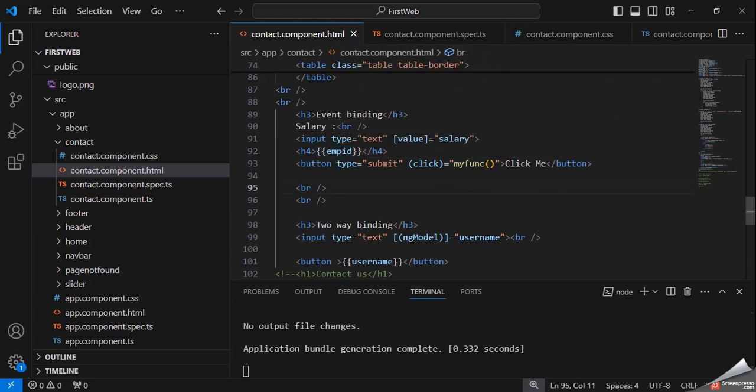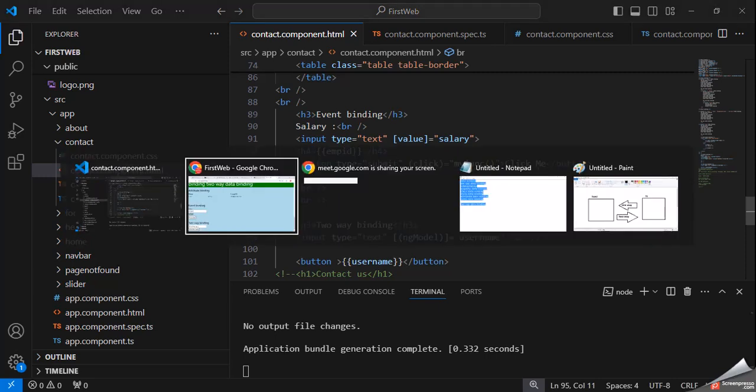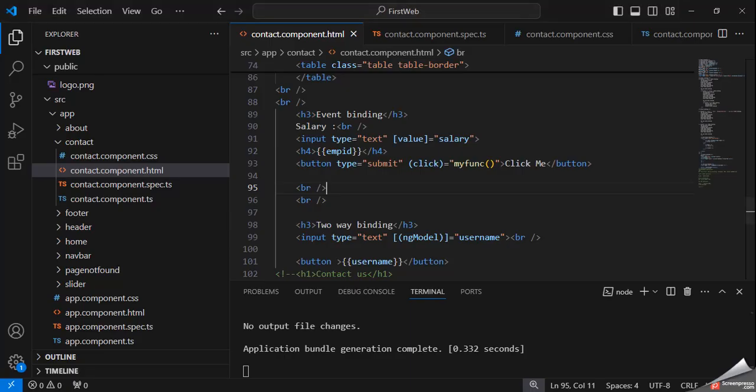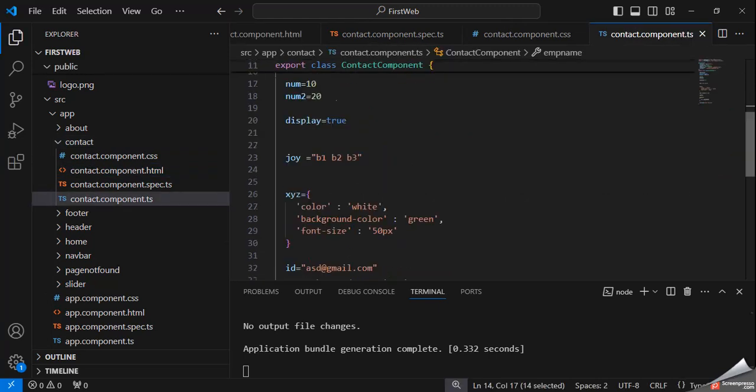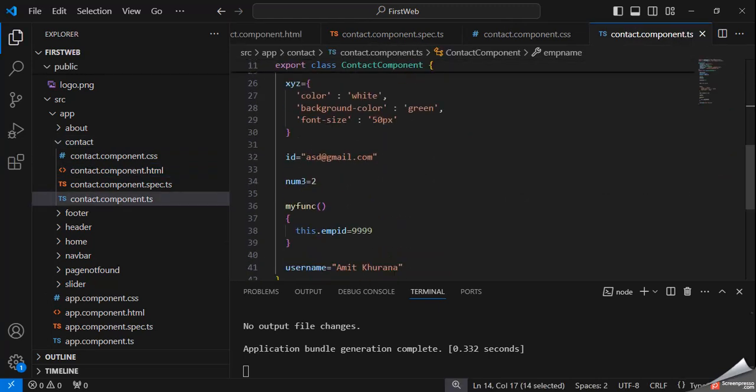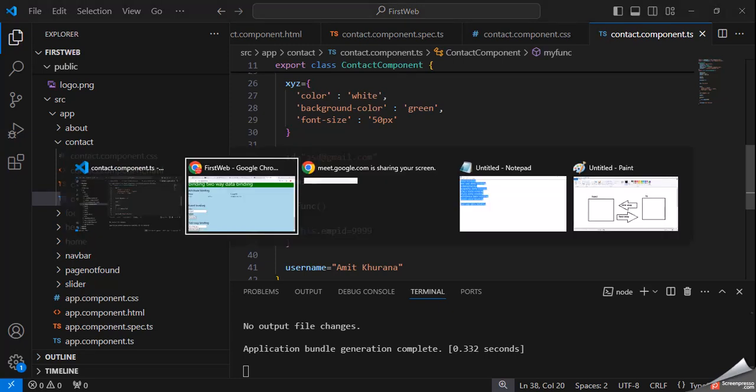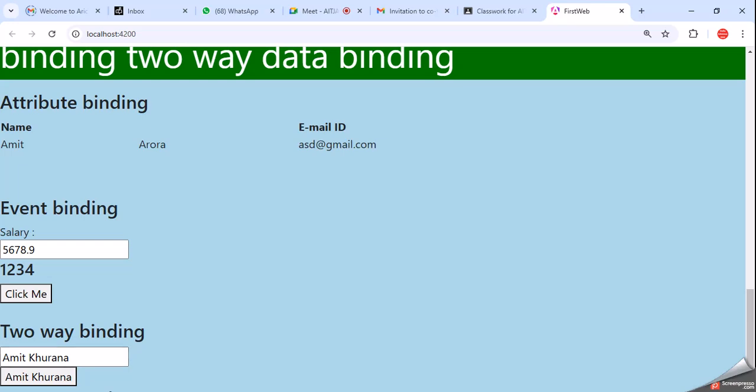And suppose you want to change the value of salary. So here I declare a function, and we want to change it. So this dot employee id is equal to 999. When we click on the click me button, it will change.